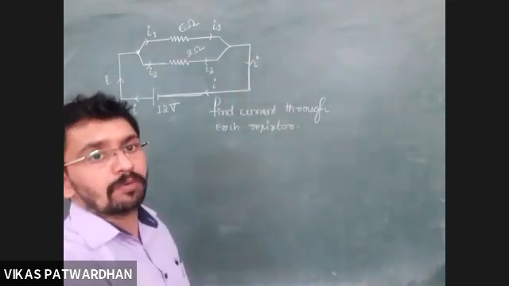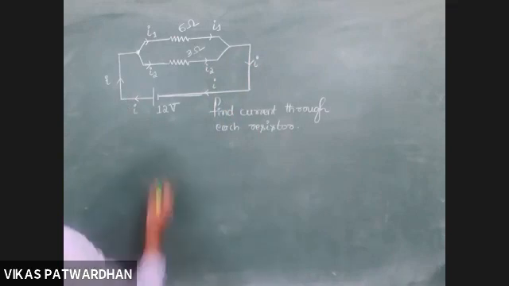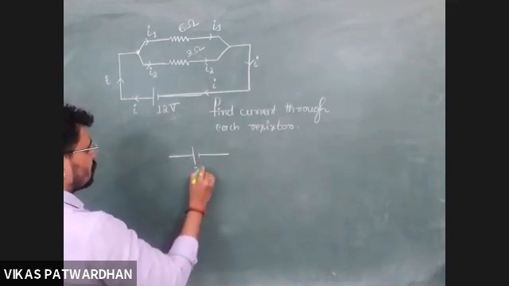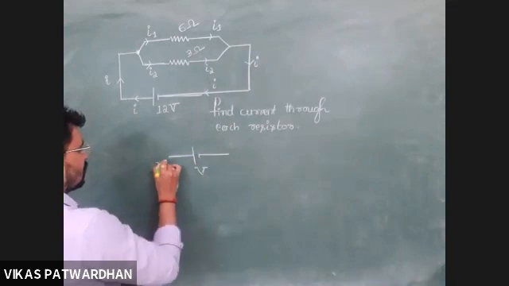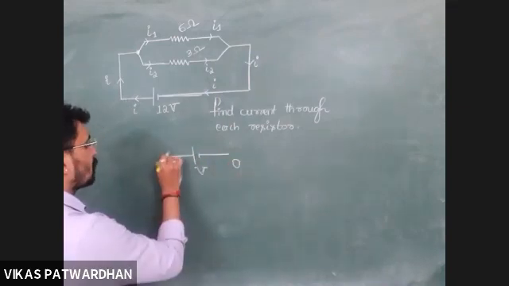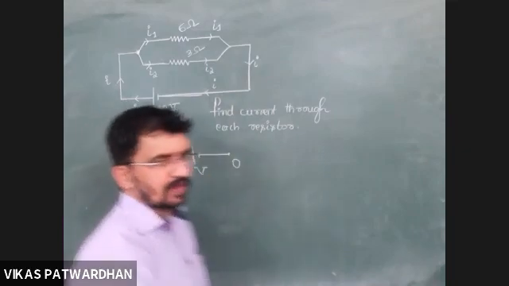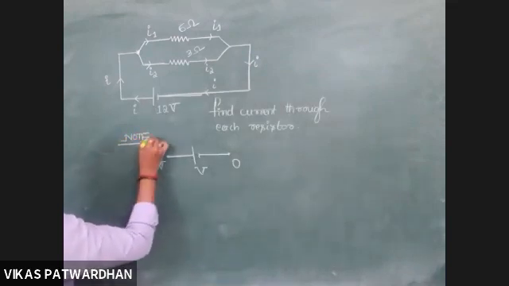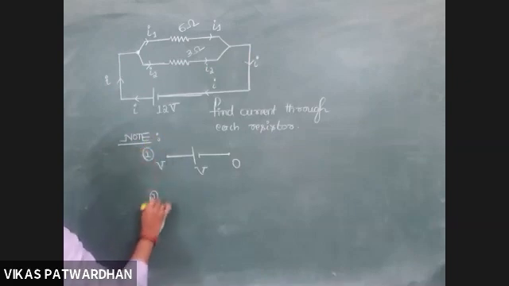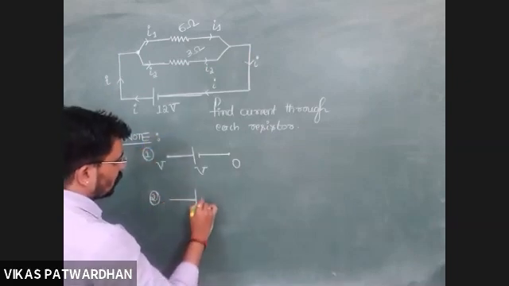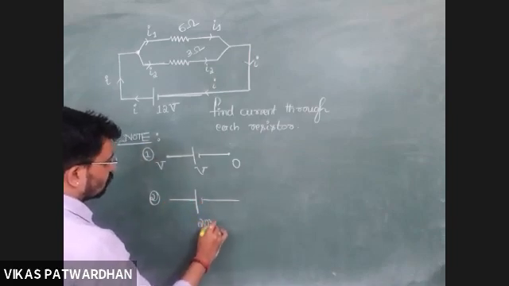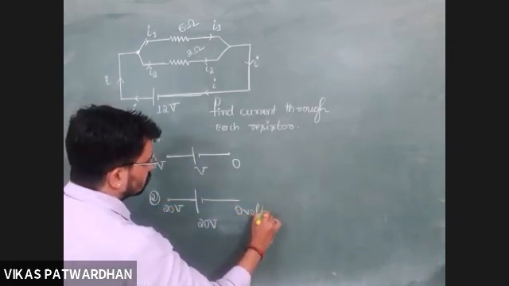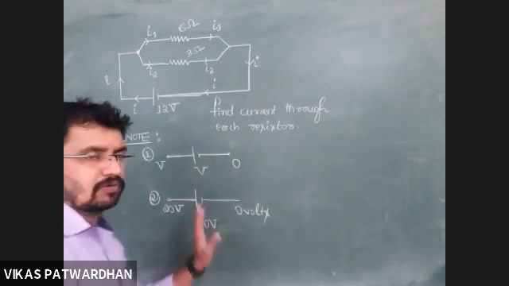Here we can use another shortcut. As I have told you the other way, if I write V volts here, it is a clear indicator that it is V here and 0 here. So the potential difference is V minus 0, which is V. Is that correct? You can write this as a separate note. Second, if you have say 20 volts here, this is 20 volts and this is 0 volts.